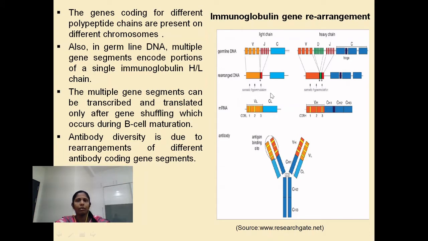Due to this type of rearrangement, which is seen only in case of B cells, the immune system is capable of generating the vast diversity seen in the antibody molecules. Though each antibody molecule has a single antigenic specificity, the immune system is capable of producing millions of such antibody molecules which can recognize millions of specific and complementary antigens. Now, this process of gene rearrangement occurs in the bone marrow during B cell maturation.